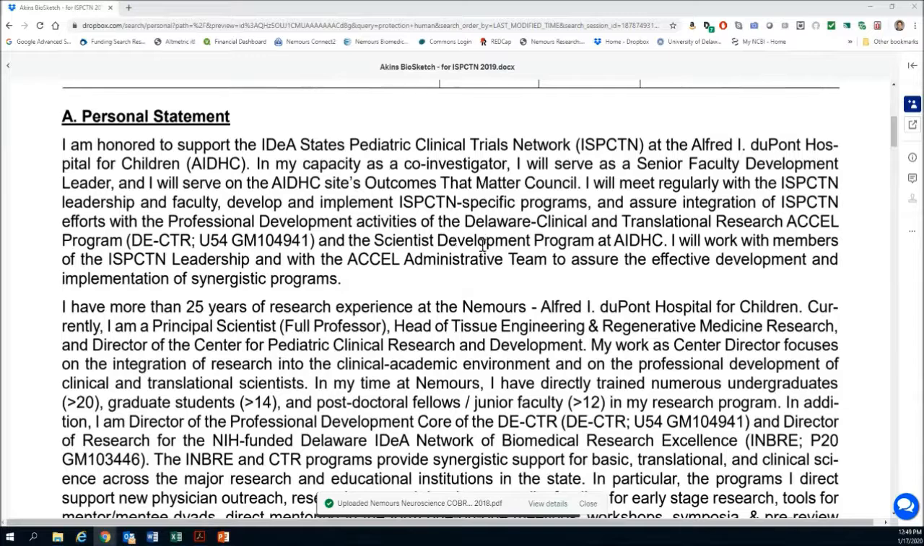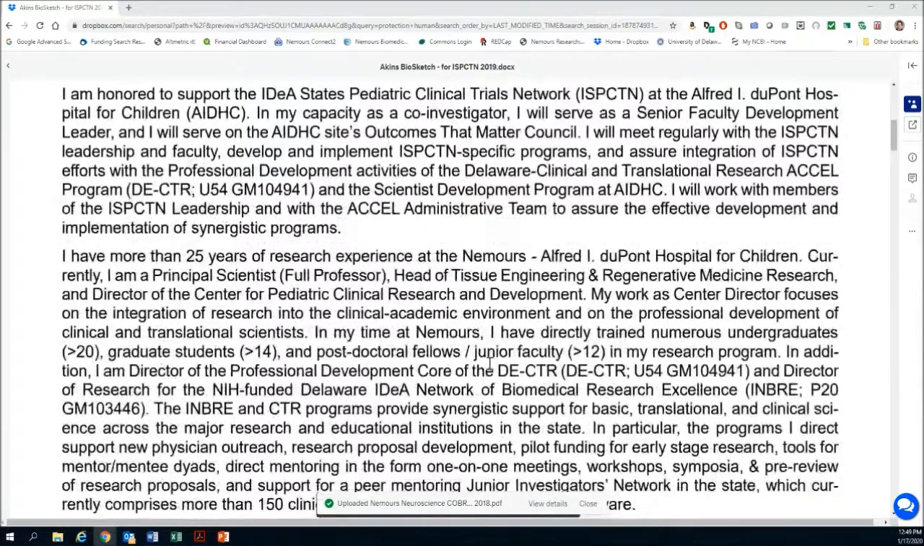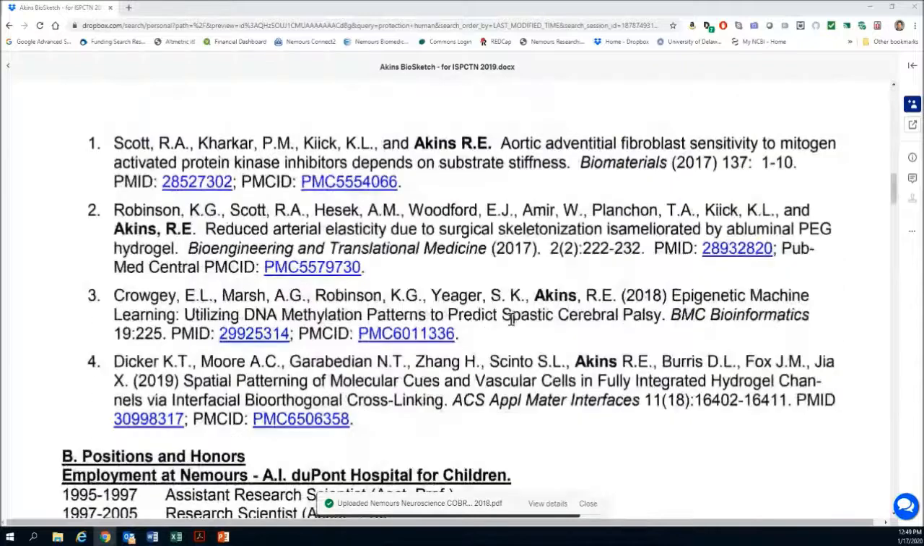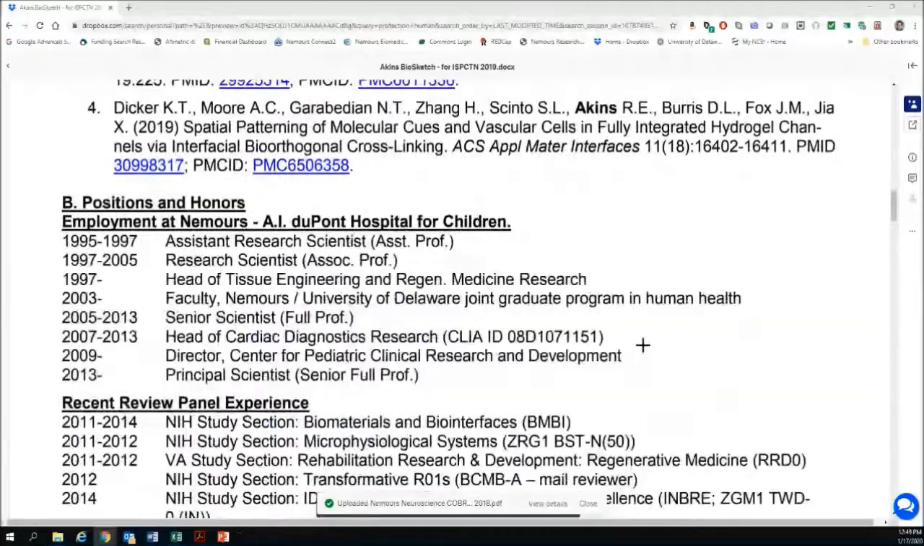All right, so what I'm sharing, and I think you can see this, is one of my bio sketches for the Idea State Pediatric Clinical Trials Network. We're trying to renew an MPI on that. Because this is for supporting clinical trials, my personal statement focuses on clinical work and my past experience. What you get after your personal statement is up to four examples of work that you did. These all highlight cross-institutional work. Then you have your